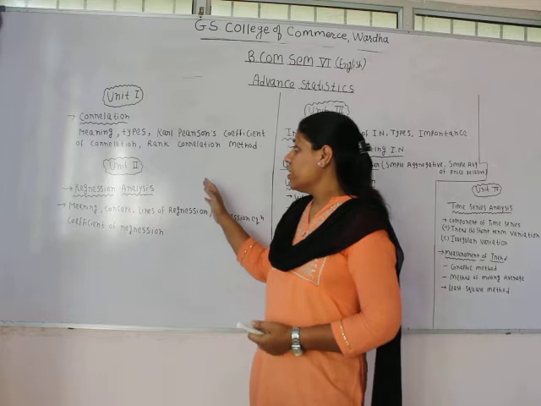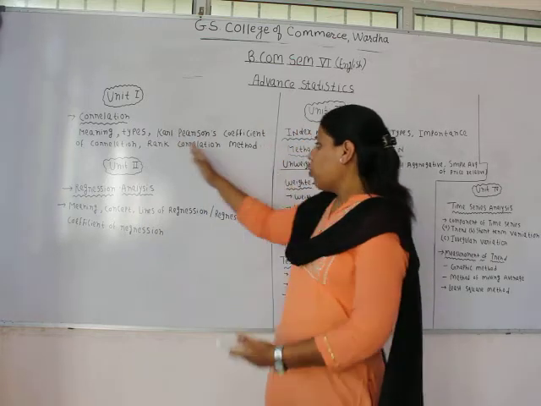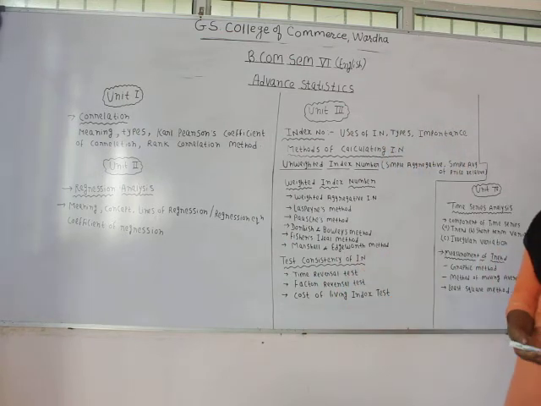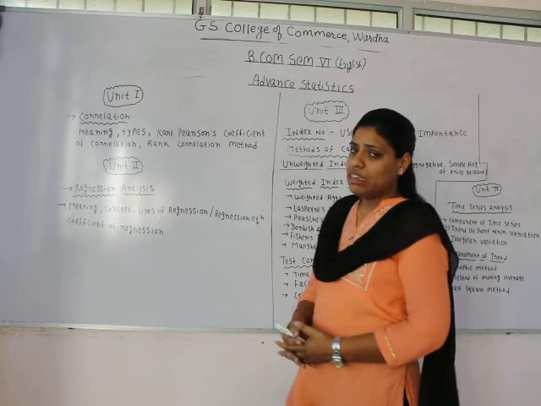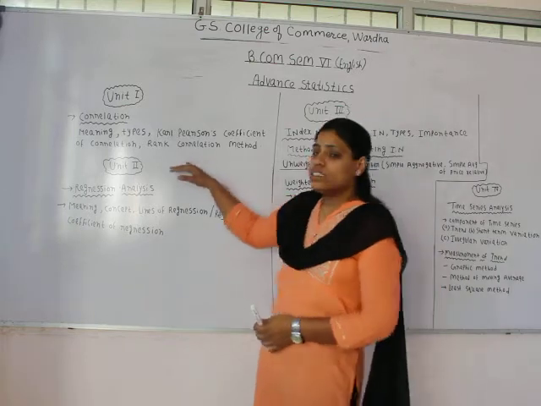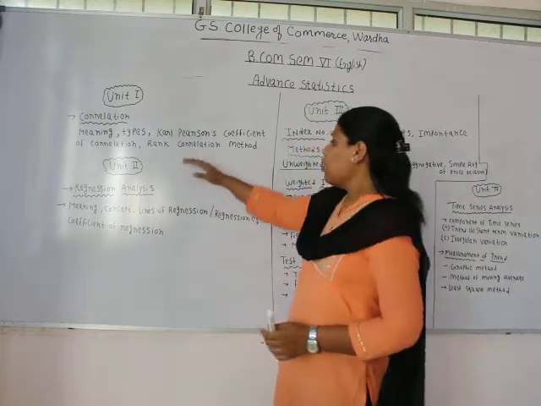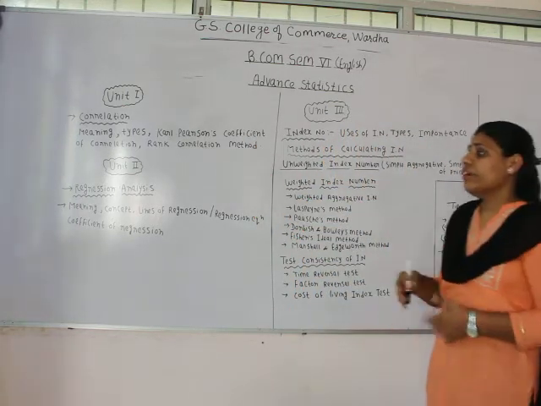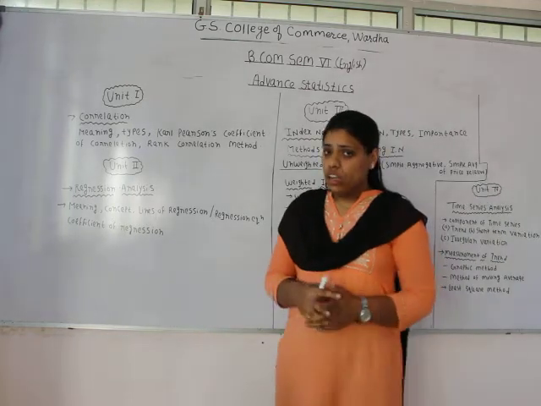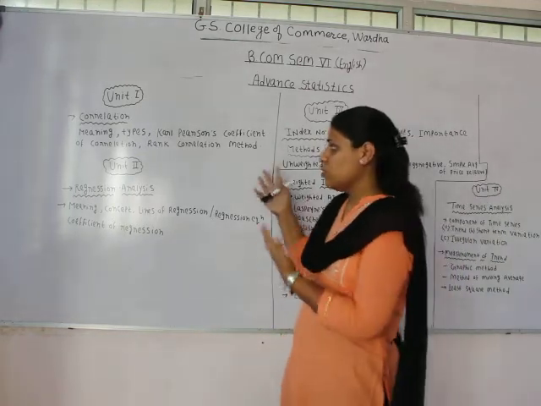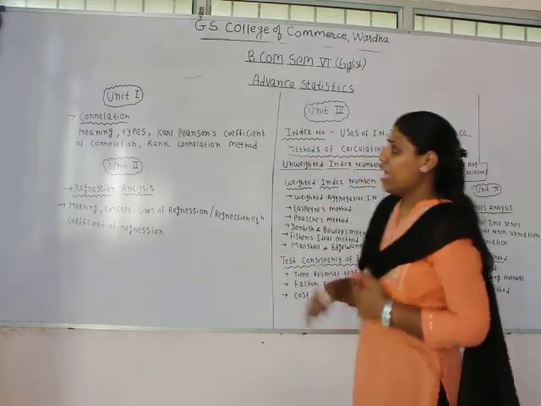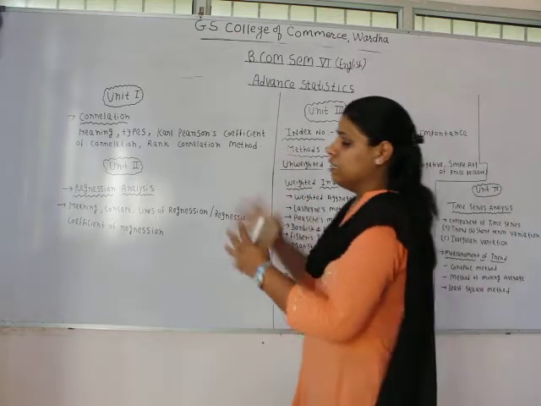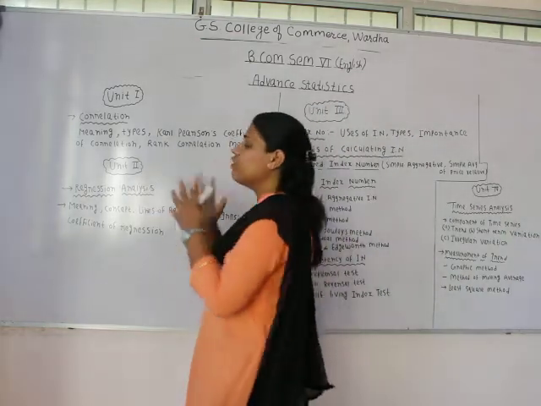The first method is Karl Pearson's coefficient of correlation. By using this method, we are going to solve the different types of numerical problems which would be asked in your examination. The second method that we are going to learn is the rank correlation method. For understanding this method, we will again solve some numerical problems. This way, in your first unit, we have correlation analysis, and then we end our first unit.